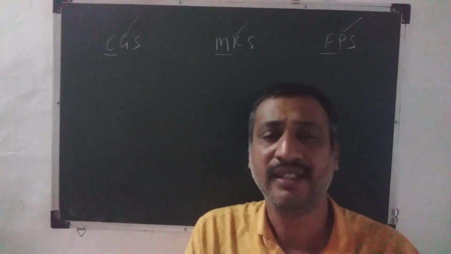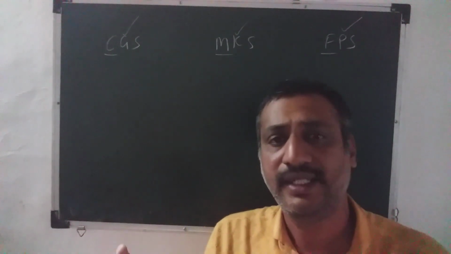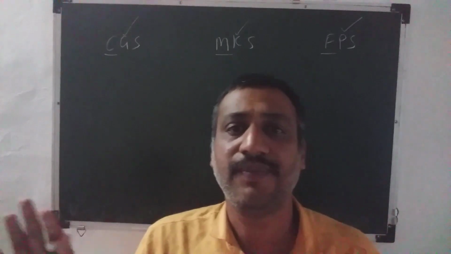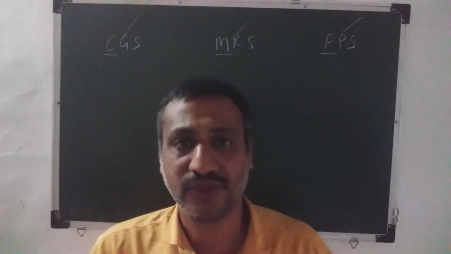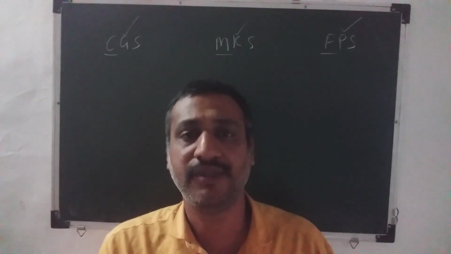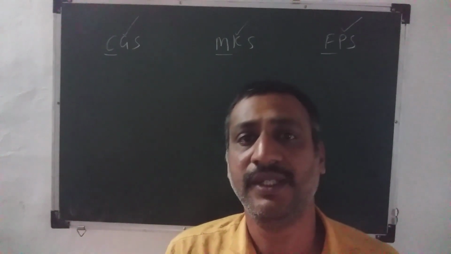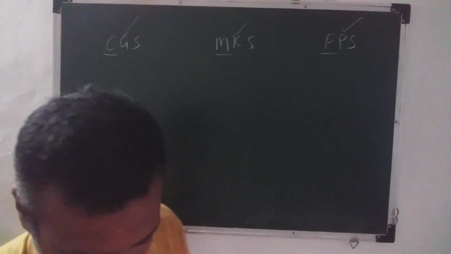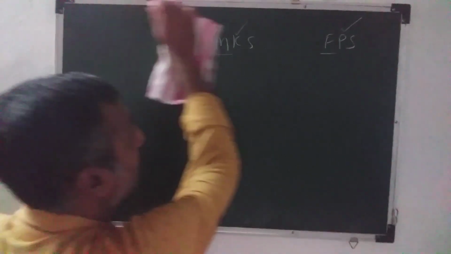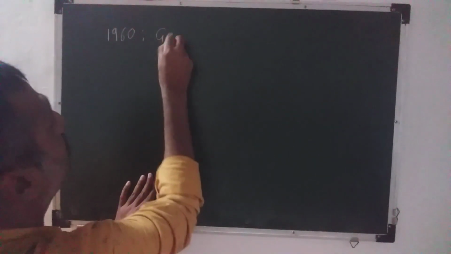Okay, so like that, in different places worldwide, in different time spans, different measurement systems of the physical properties, different units got developed and utilized. Now there should be a uniformity, and for that purpose, in 1960, the General